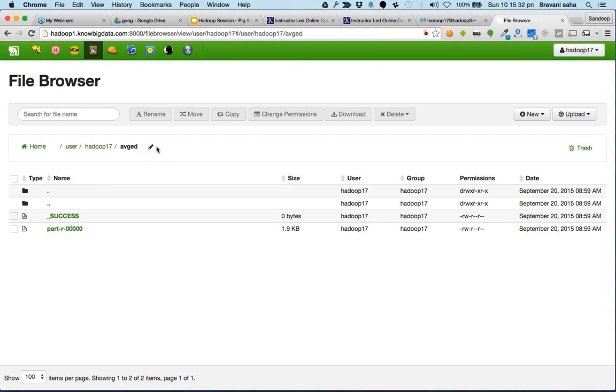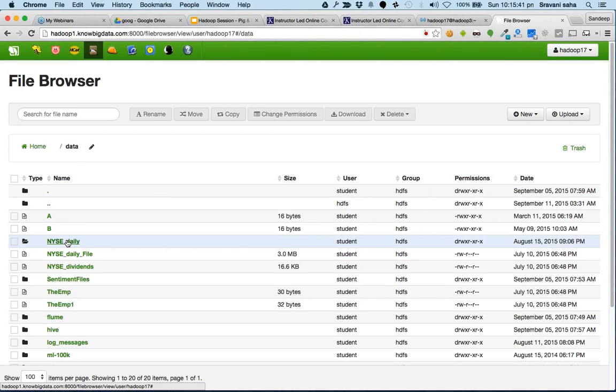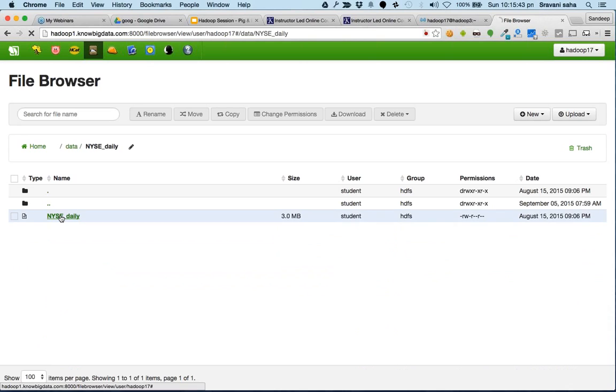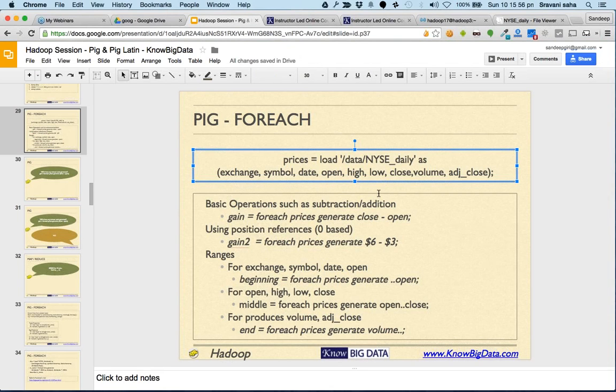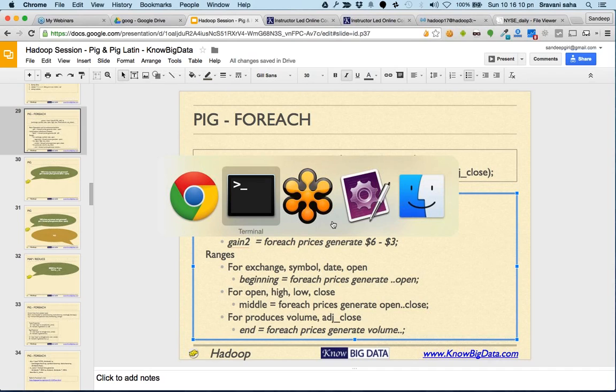Let me just go to slash data. And so here you see NYSE daily. You see there are these columns. Let's say we want to compute the difference between two columns. In this particular example, let's say we want to compute close minus open. That's all we want. We want to compute only gain with respect to each record. So we can simply say gain equals for each